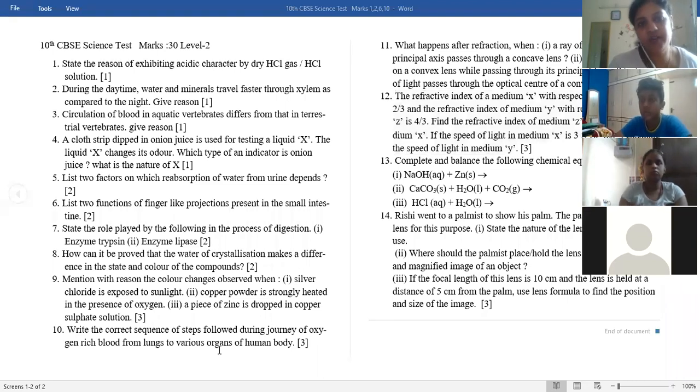Why do we store silver chloride in dark color bottles? Because silver chloride easily decomposes when it is placed in sunlight, and we will not get it in its native state. But there you also have to mention: 2AgCl gives out 2Ag plus Cl2. Chlorine gas is given out. Why is the small intestine in herbivores longer than in carnivores? Because herbivorous animals have to digest cellulose, which needs more time as well as more enzymes. But carnivores have to digest meat, which needs fewer enzymes and less time.